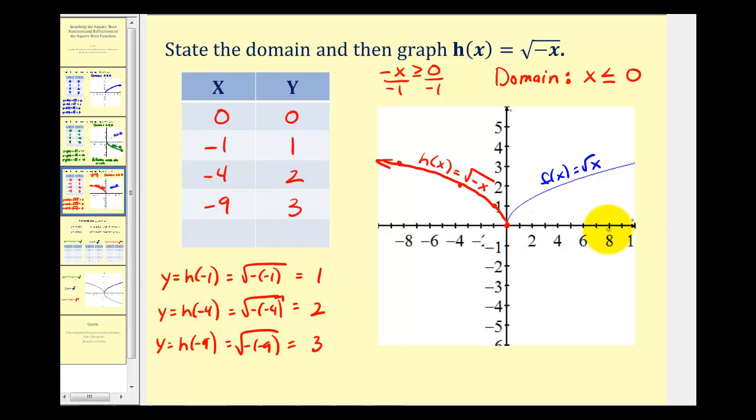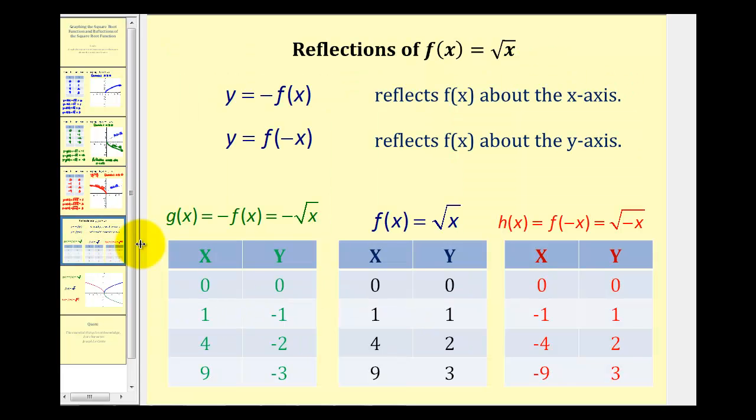So let's summarize these reflections. If we base our information on the basic parent function f of x equals the square root of x, if we have y equals -f of x, this will be a reflection across the x-axis. This was our example in green where we had g of x equals -f of x, which was equal to negative square root x. Again, notice how this changed the sign of the y-coordinates, therefore reflecting the function across the